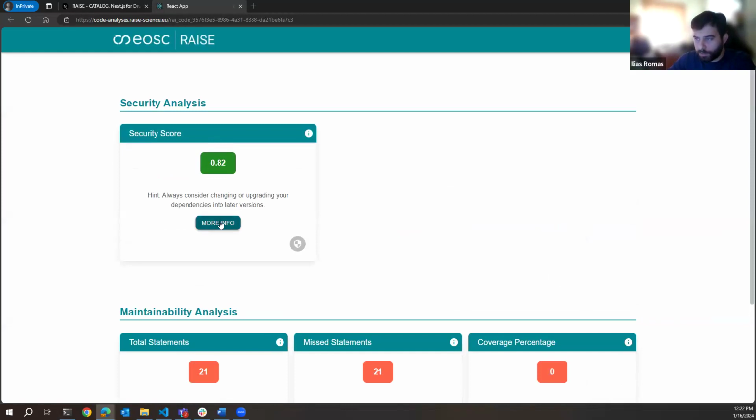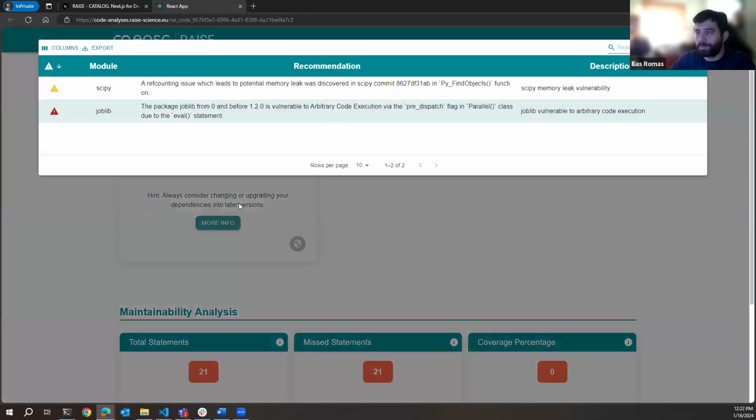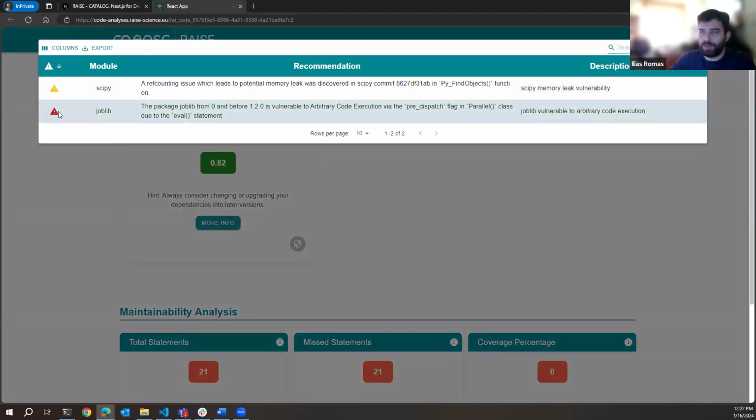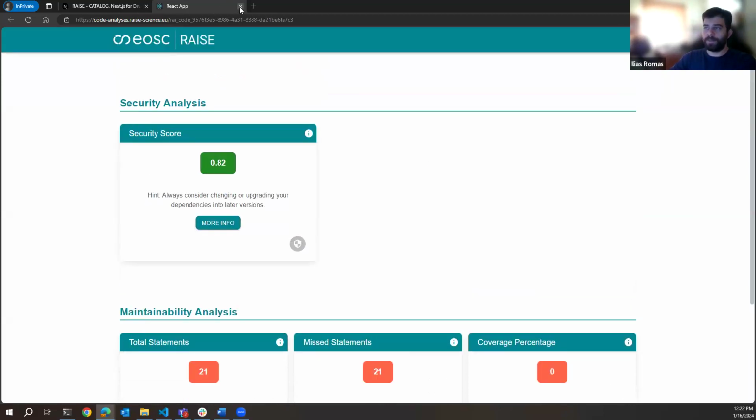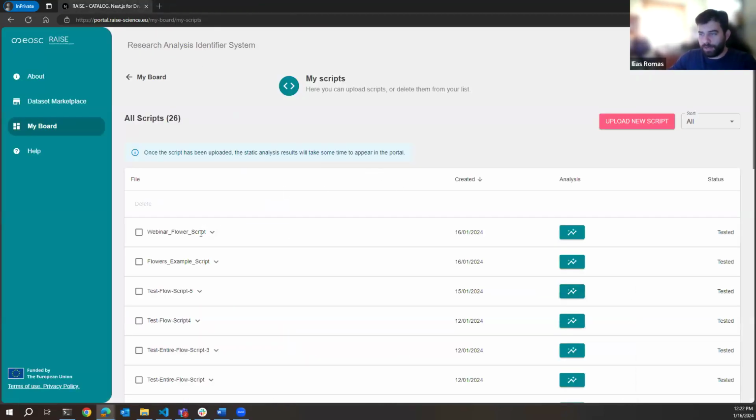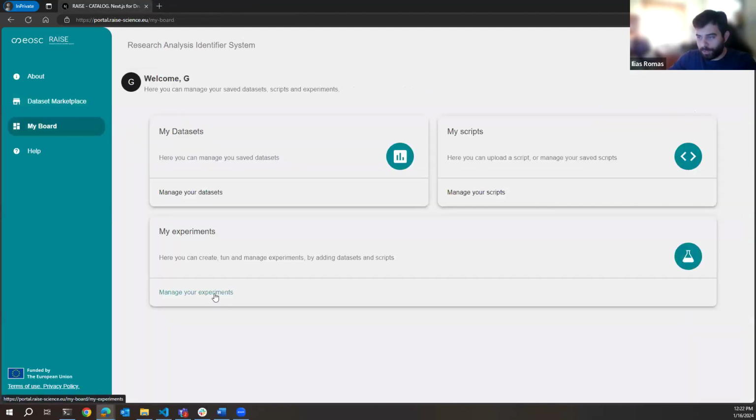It's 0.82, 82%. And we can press more info. We can see some recommendations and a vulnerabilities report. So this is a critical report, and this is a moderate. So we need to update this or fix any of these errors. We can also download it. Again, the same thing because we didn't provide any test function. So as we have our script and our dataset, I will go here to my experiments